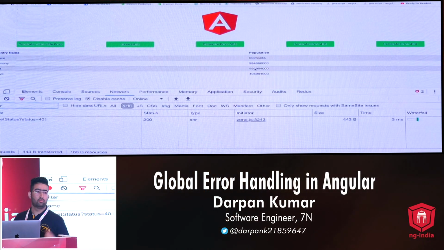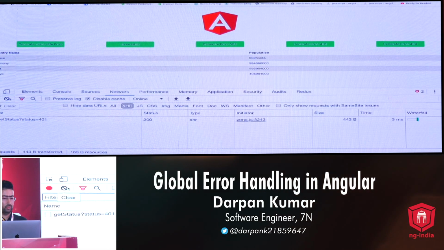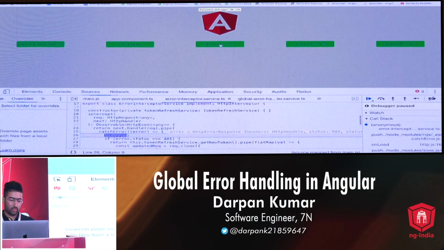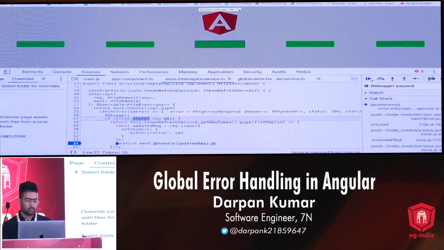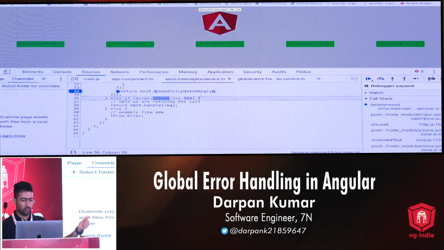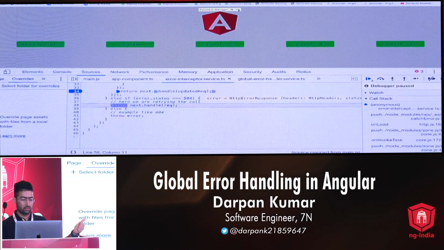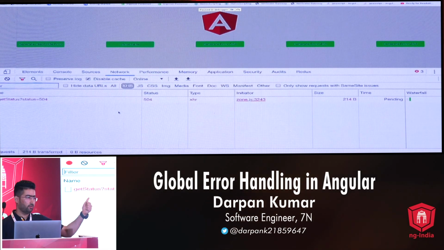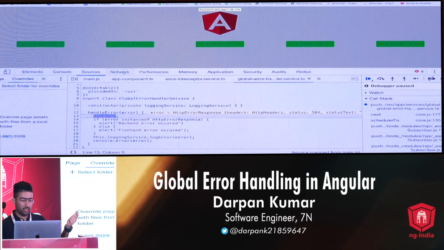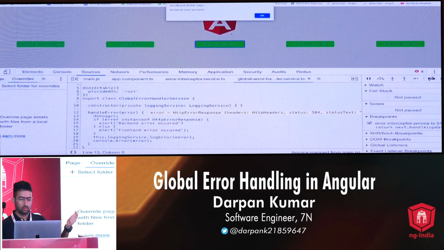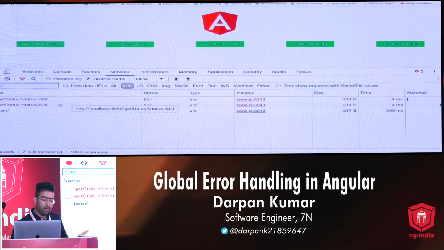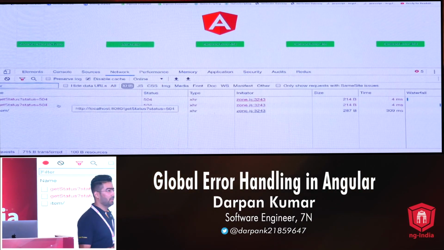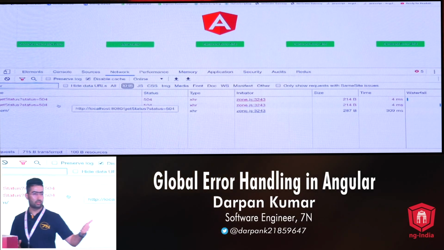Let's check what happens when we try for 504. I click on it. Now the status code is 504. It will go into this. Can you see that, the first time we get 504. Next time I'm retrying it. Even though we retried a second time, we still didn't get the data, but we tried to avoid the error.